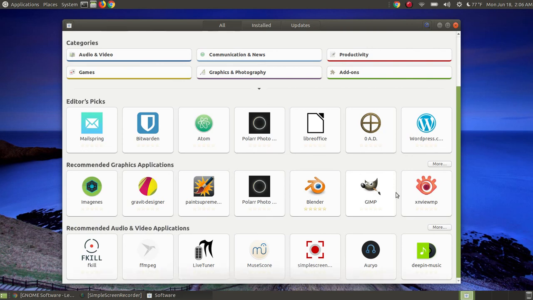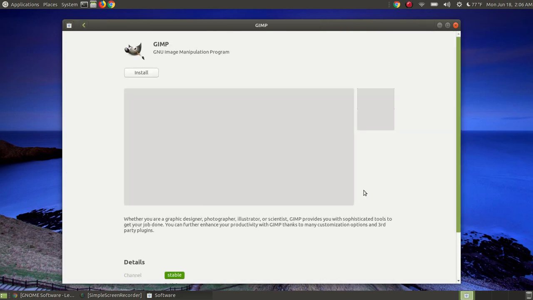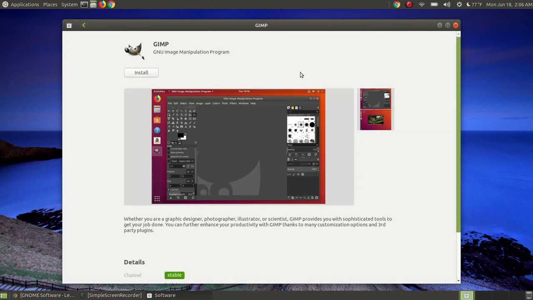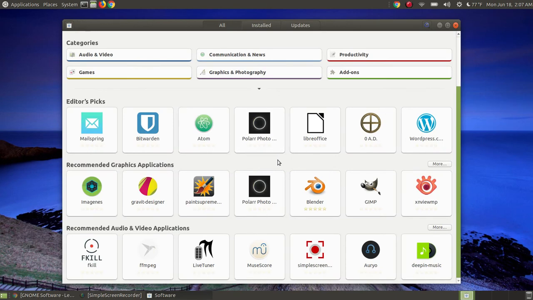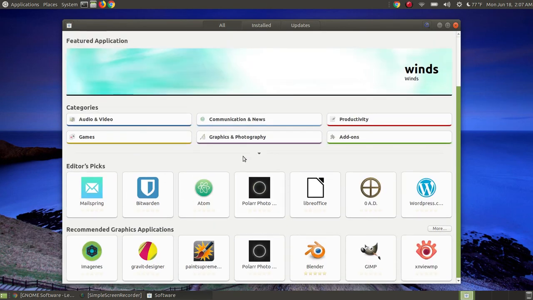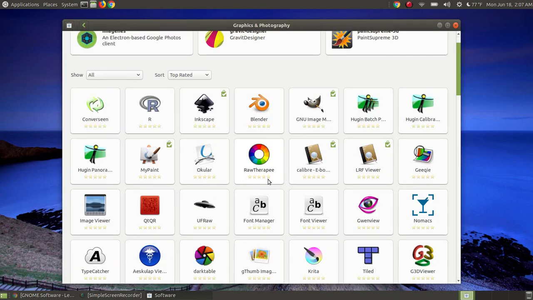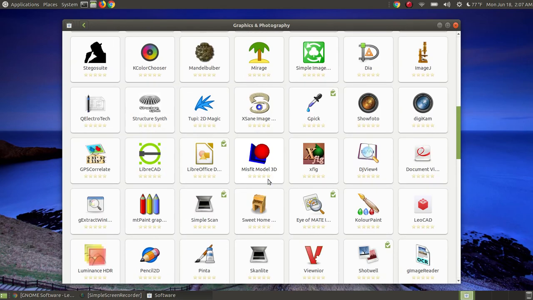Now let me see if I can click on something and see the reviews, like with GIMP. That's very popular. GIMP's one of the imaging software manipulation programs that can be installed on other operating systems such as the Mac or the Windows operating system. As you can see here, it's stable, and I don't understand why there's no reviews at the bottom. It may be because I'm just clicking in the editor's pick, but if I were to actually go into the graphics and scroll down and choose GIMP,